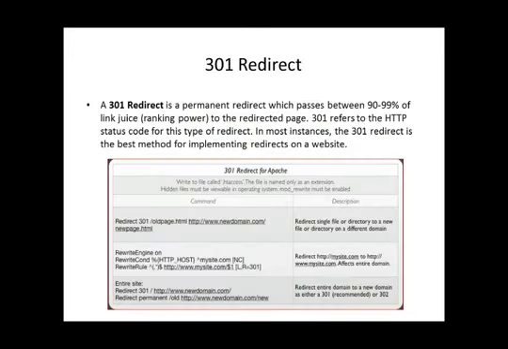One other important thing when it comes to coding is a 301 redirect. Primarily, a 301 redirect is a permanent redirect which passes almost 90 to 99% of the page authority or link juice while we are redirecting from one URL to a different URL. Also, 301 refers to the HTTP code for redirection, and a 301 redirect is the best method for implementing a redirect on a website